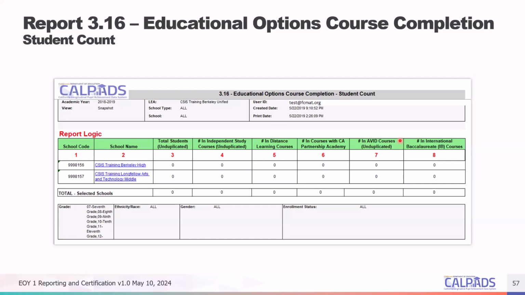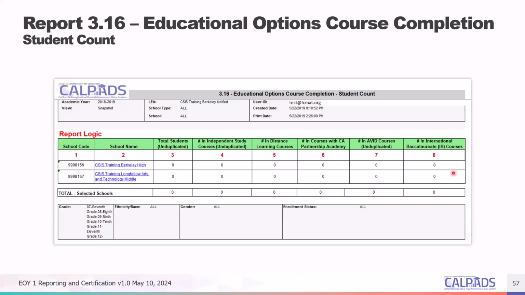All right, 3.16, educational options course completion student count. So this is a report based on, again, the indicator that you provided in the CRSC file, right? So it provides you the count of students who are in courses marked as independent study for distance learning, or if the course is part of the California Partnership Academy, or if you mark it as an AVID course, or it's an IB course.